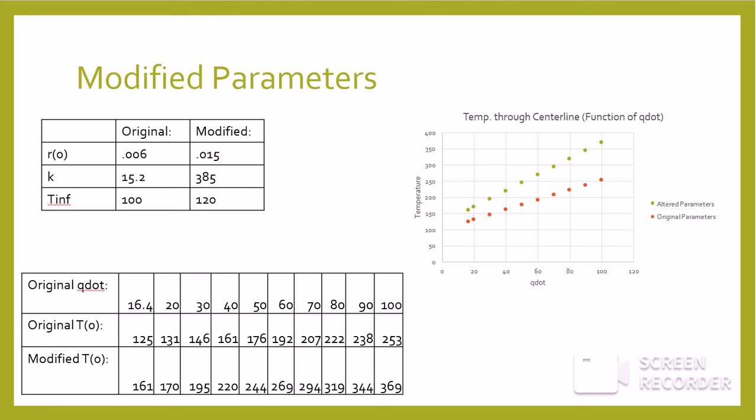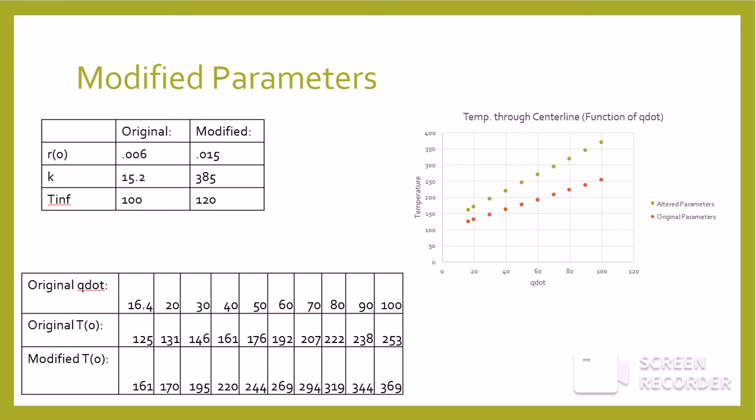But what did change was the temperature, because these parameters are all inputted to find the temperature in the center line. So as you can see here, we increased the radius, which would increase the diameter as well. We used a material with a much higher thermal conductivity, and we increased T infinity 20 degrees Celsius. So as you can see over here in the graph, what these effects were. The orange dots, which is the lower line here, was the original parameters, and then the green dots, which is above,